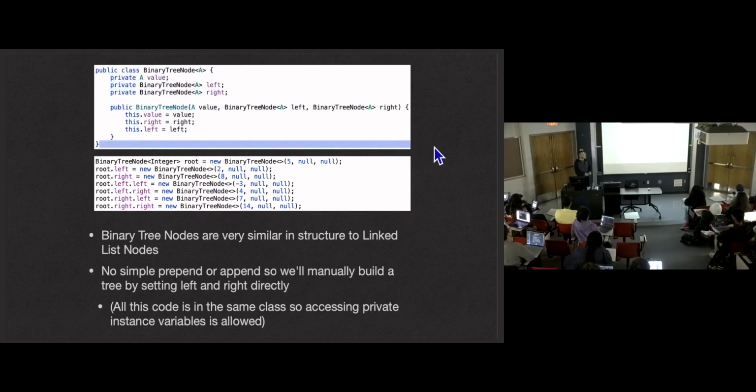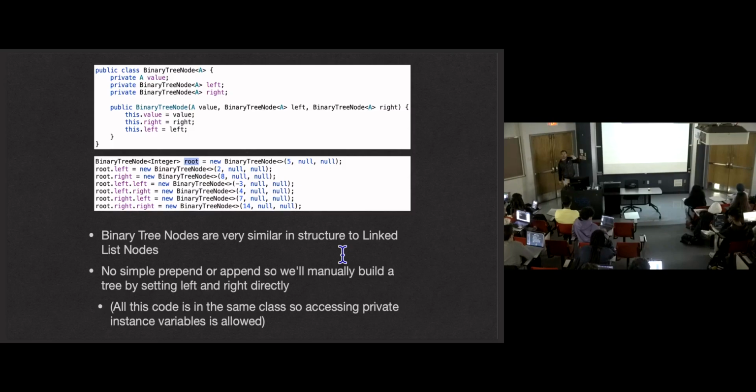Whenever we work with binary trees, we're going to do it in other classes. We're going to import and just use this class. To create our trees, at least for now, on Wednesday this will change. When we have BSTs, we'll actually write an insert method. But for now, we're going to manually create our binary trees, where we'll create a node to be the root node. That's part of the terminology. We had the head of a linked list was a reference to the first node in a linked list. The root of a binary tree is going to be a reference to that first node in the binary tree, which, it's the root. The analogy breaks down here. It's the root.